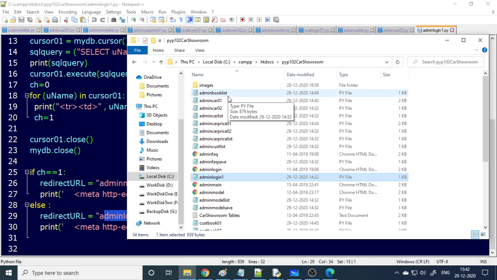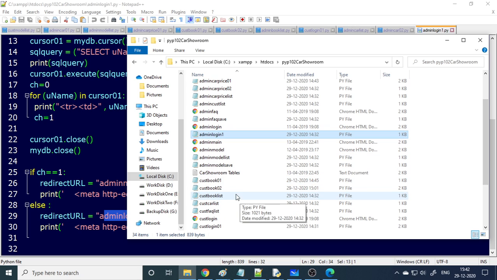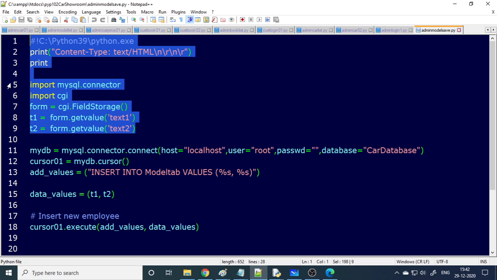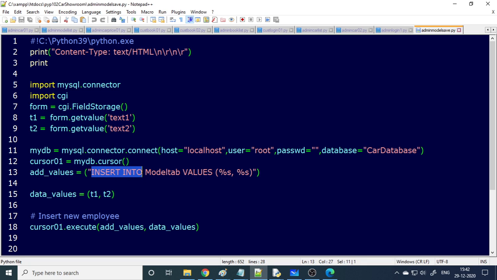So I'll show you how to insert the data. Okay, so how to save the model name. In the case of model, there are only two fields. So you can see that again, same as in the previous page, we are reading text1 and text2 to T1 and T2. Now we are using the insert statement here. Insert into